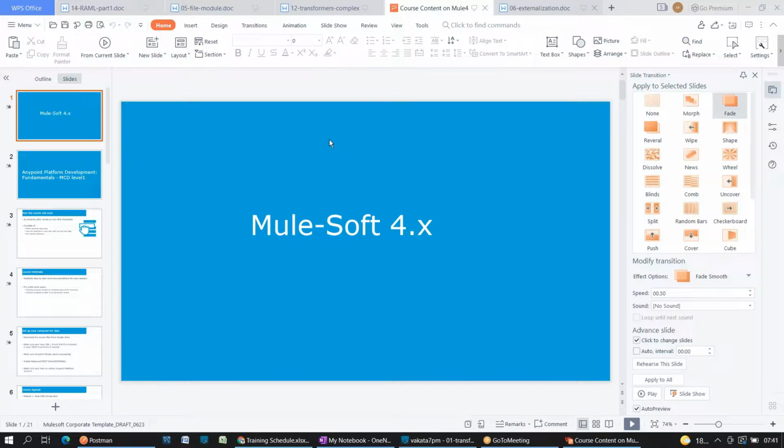We are discussing the latest version called Mule 4.x, where x represents minor version changes. Mule 4 is a major version change from Mule 3, right? That happened in 2018, and the latest versions keep changing every month or two. So the latest version of Mule is 4.4.